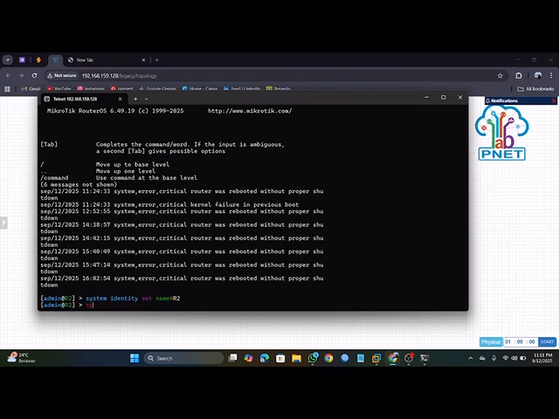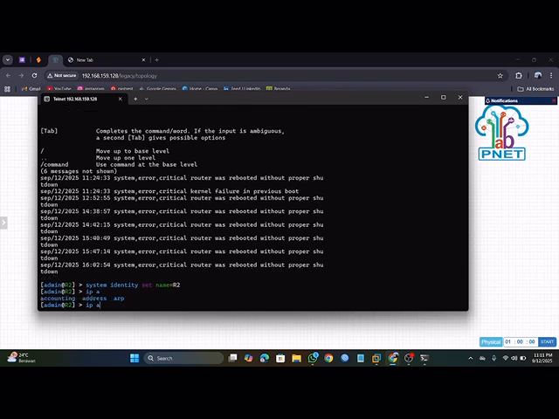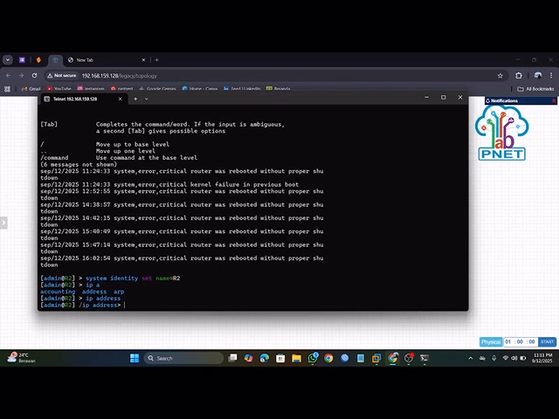And next you type IP address and then press enter.